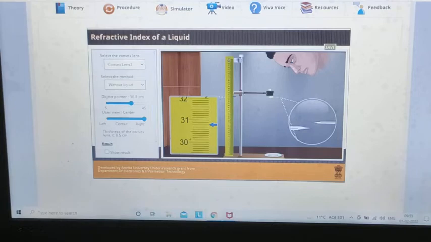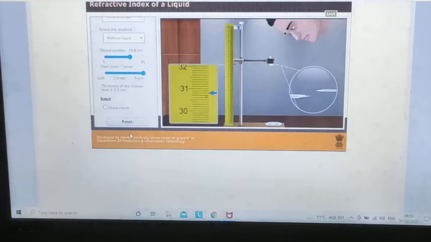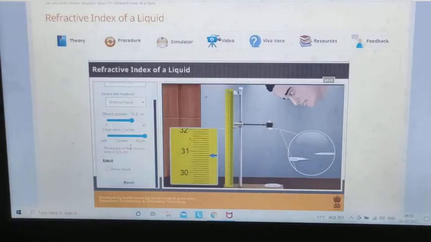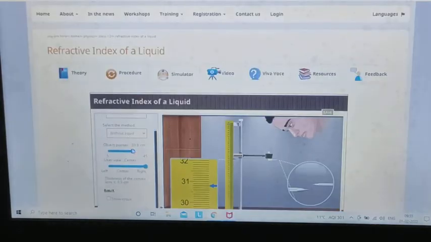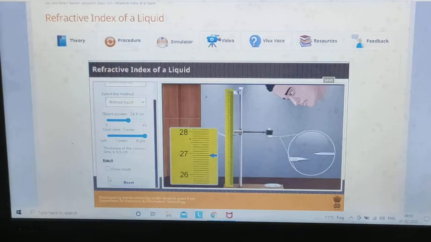You can now see here the thickness of the convex lens is given, as well as other things. Next, for the experimentation, you will move this pointer down so that these two needles come along with each other.